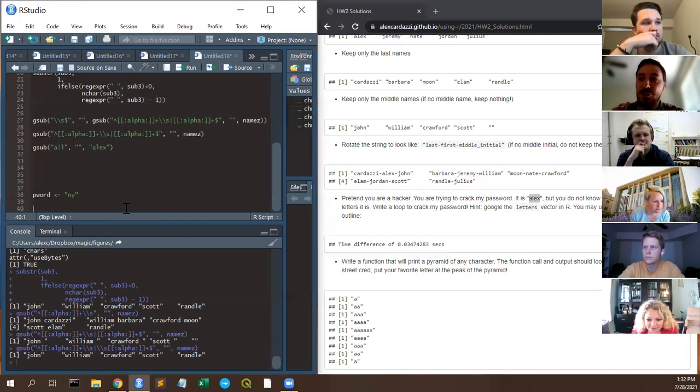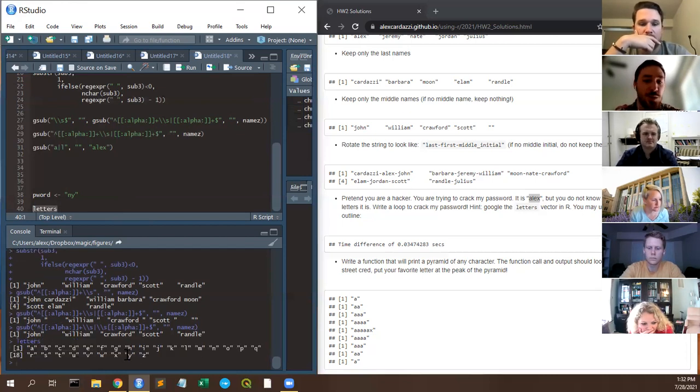Just to generate all the possible passwords, there's a vector called letters that just gives you all the letters. If you wanted to create a vector of all of the possible combinations and then loop through all of them, you could do this. Or you can write a nested loop where you also go through all the combinations. So the example I came up with here